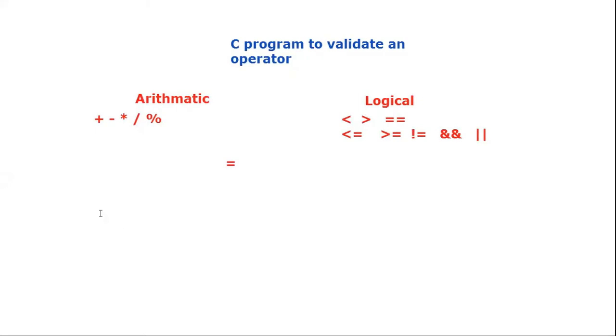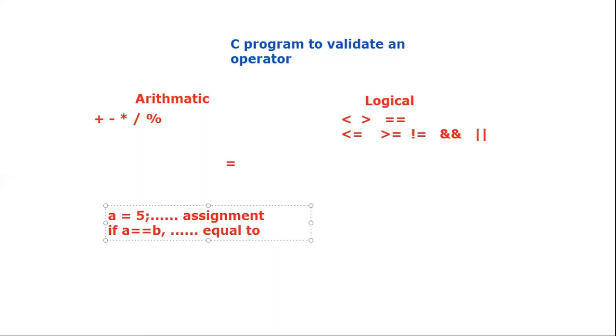So for example, if I say a is equal to 5, if I declare like this, then here it is working as an assignment operator. That is, I am assigning a value. The value 5 is assigned to the variable a. But suppose if a is equal to b, so when I'm giving a condition, that becomes a logical operator to compare. So in that case, I will call this operator equal to.